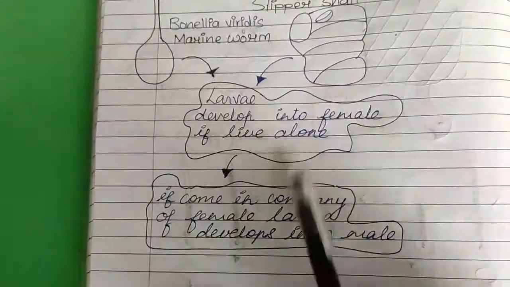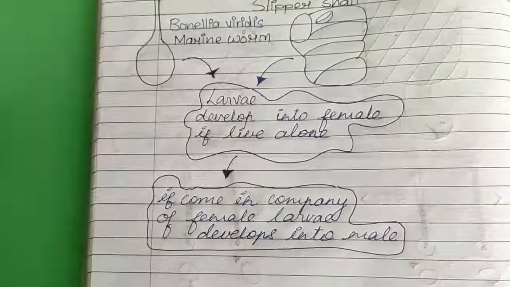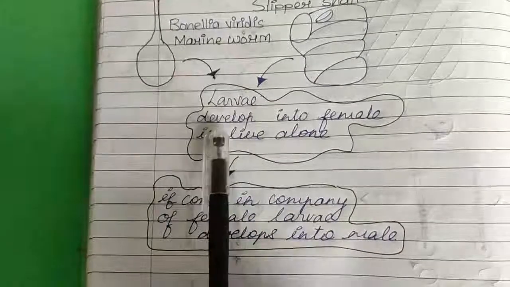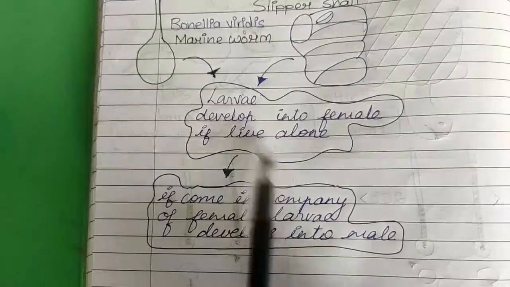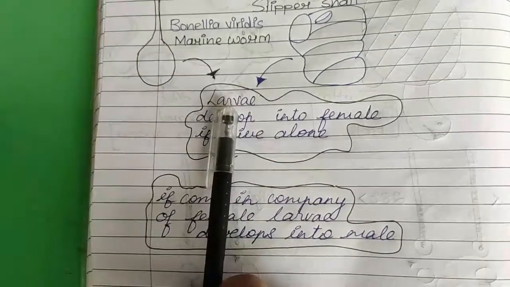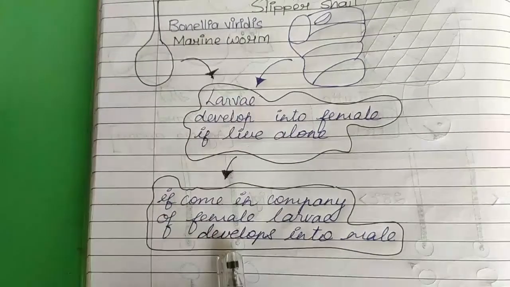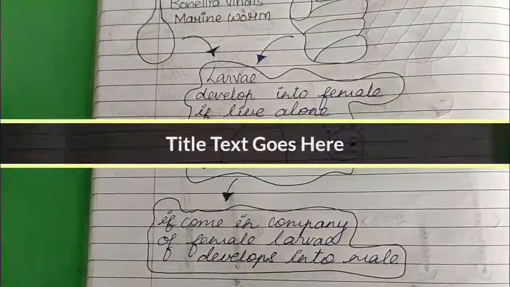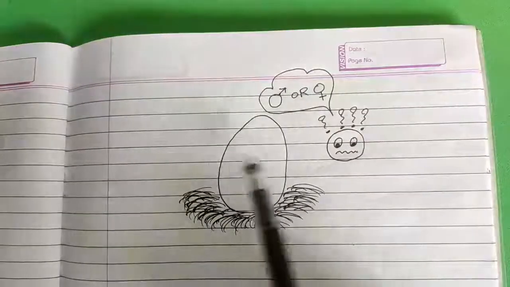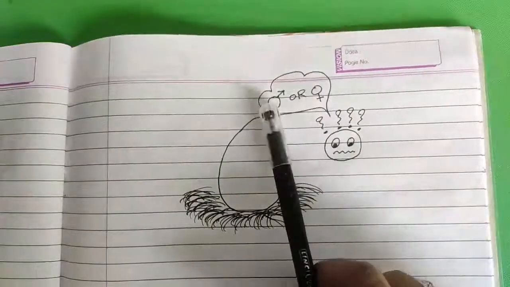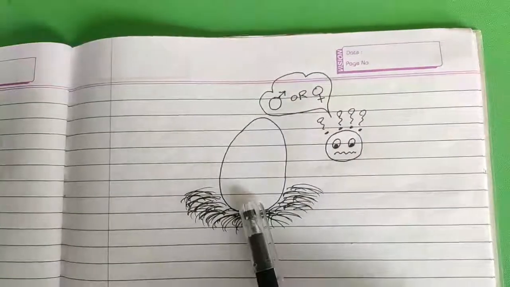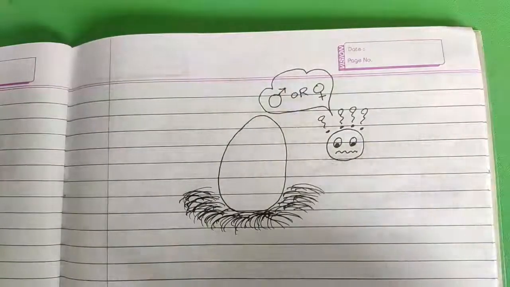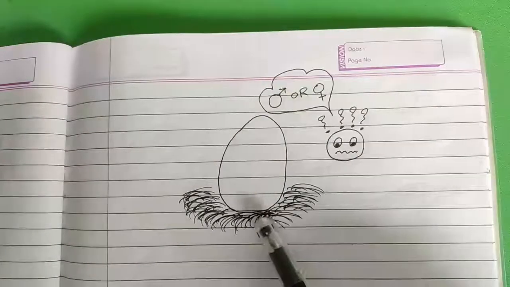So again here is a surprising way of sex determination. Without any kind of contact, it will develop as a female, and if it comes in contact with another larva or another organism that is female, it will turn into male. So here also the sex determination shows wonder. So this is the end of our question, whether it will be a boy or a girl. In different organisms there are different techniques or different ways to determine the gender of the child.